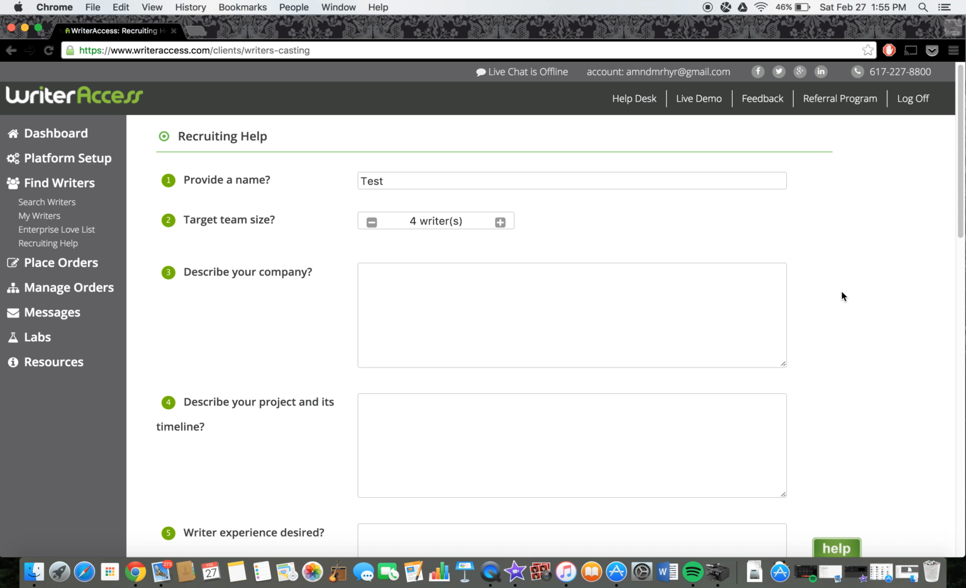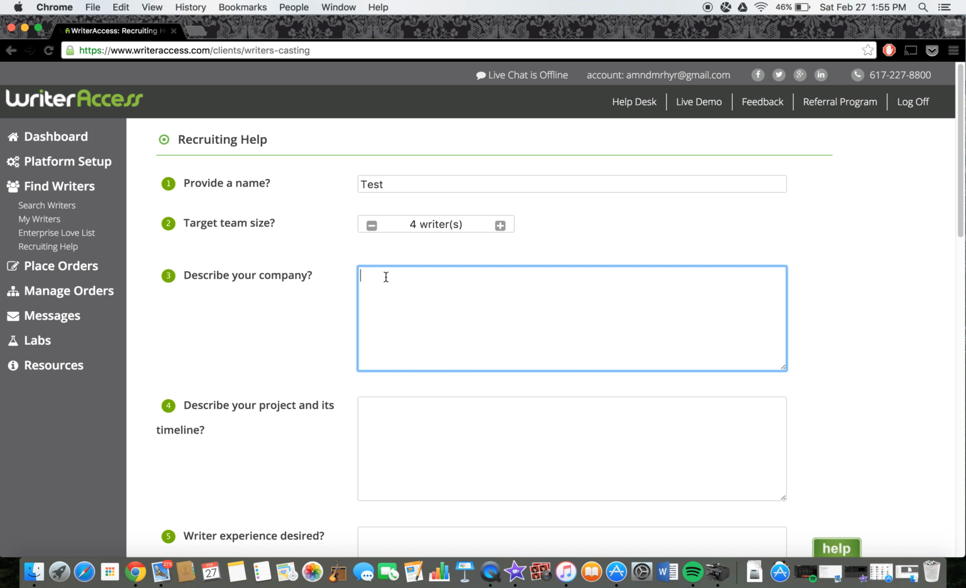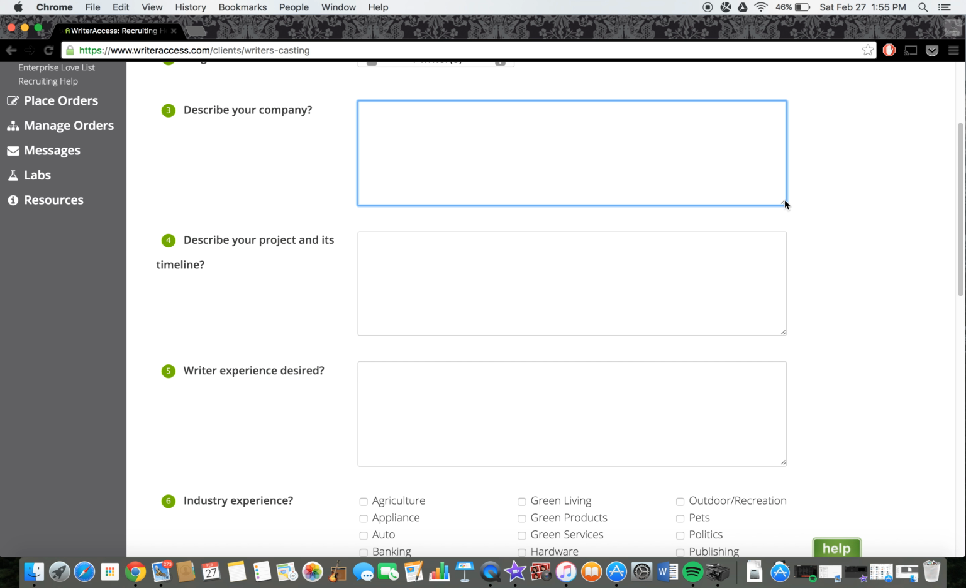Then you're going to go through the rest of this form and just fill out all the fields. Here you'll describe the company, so describe the client that you're looking for, give any details and information about the company, their services, their value propositions, anything that you can think to describe the company and the client. Then you'll describe the project and its timeline. Generally, the projects we create will be ongoing, so I would give an example of how many blogs they could expect a week, any long form content, ebooks, and the like that they can expect to work on,